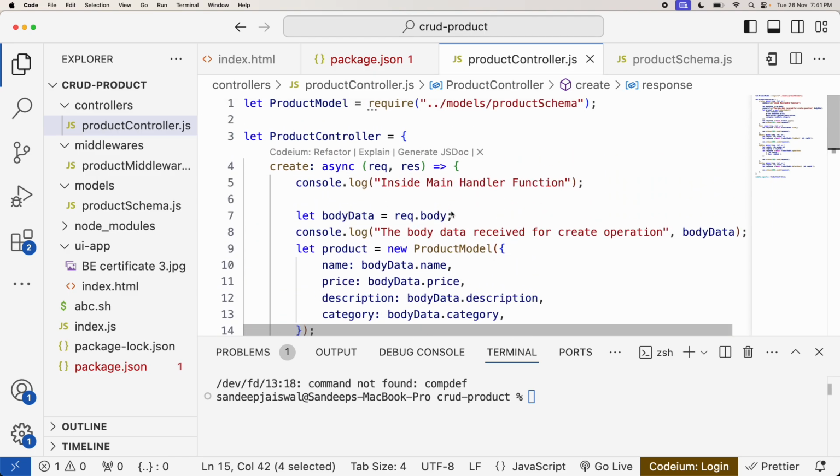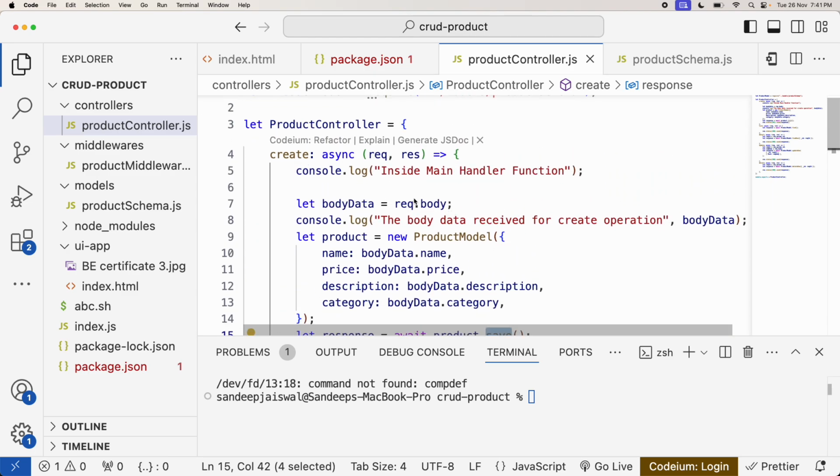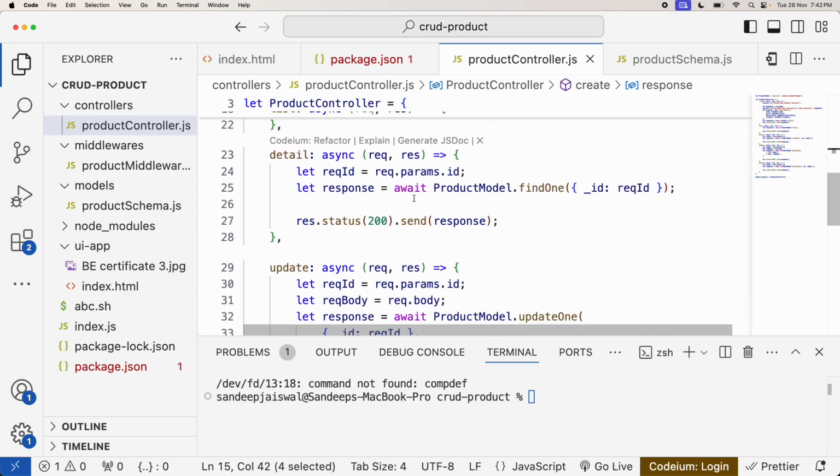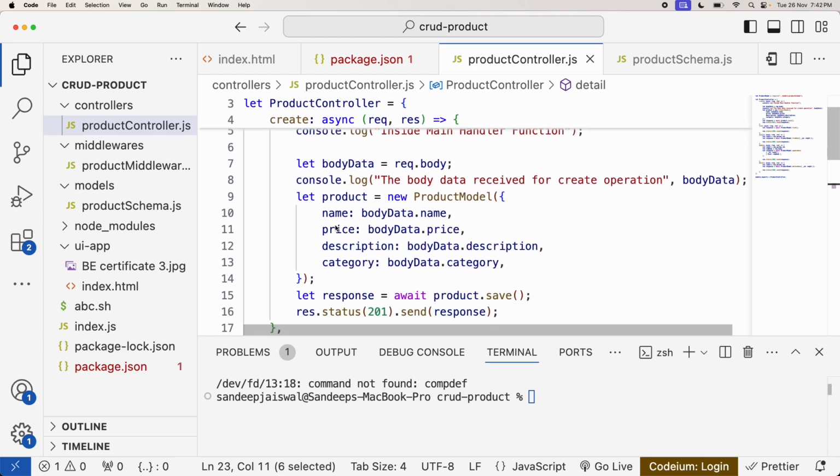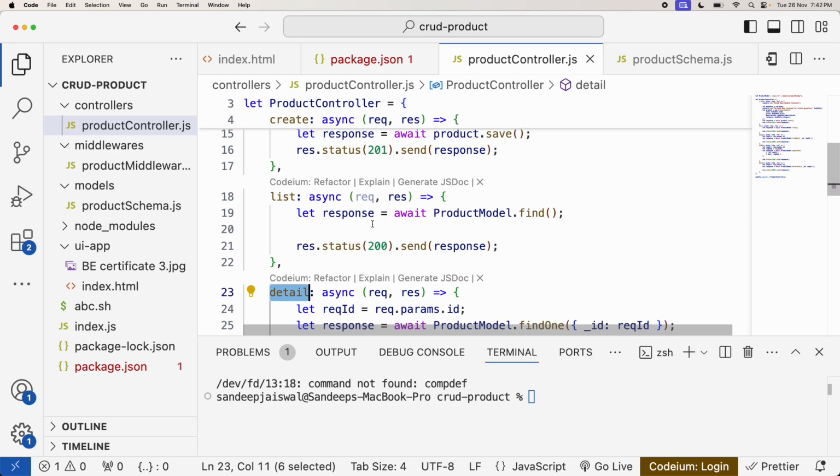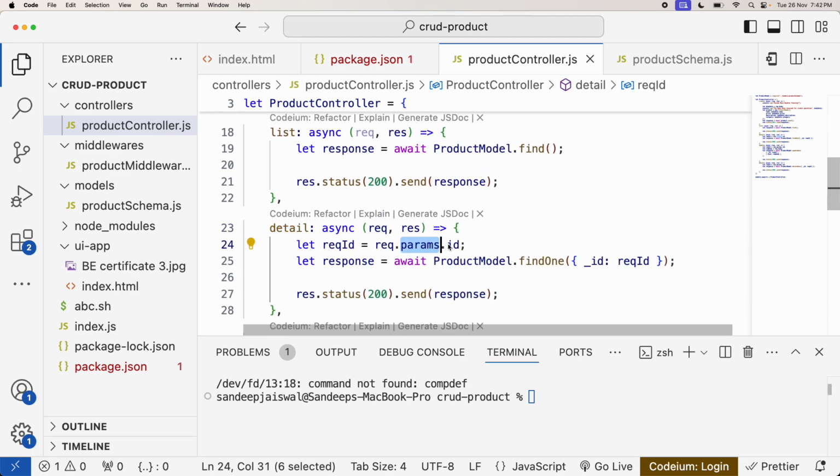Got it? Product, at least you know. Okay, so you did. Now later, what you did in detail, you took only the product name or ID, right? Correct? Product ID. And what you did here, you did find one, and you passed underscore ID as this ID,